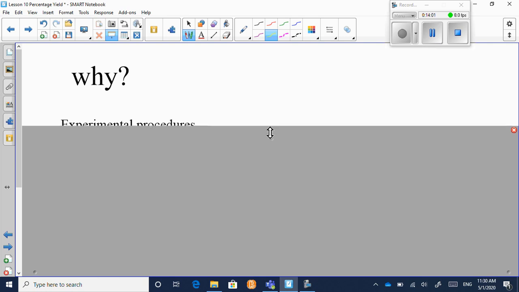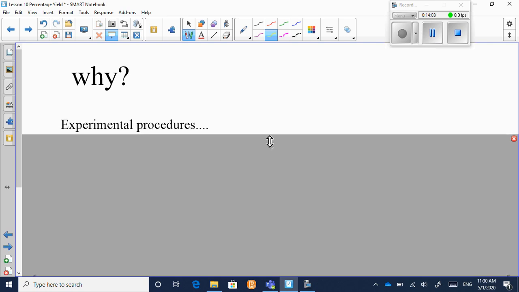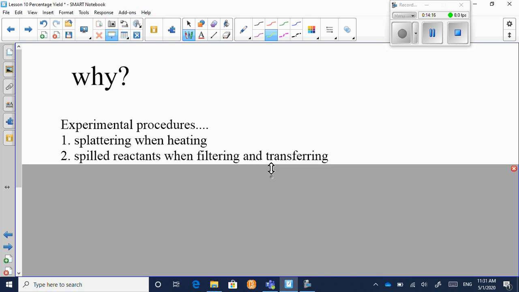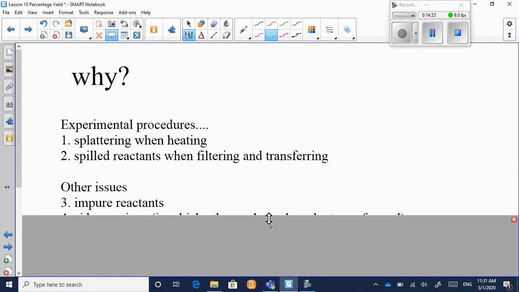Well, here we've broken it into 2. First of all, it may be an experimental procedure issue. So maybe some of the reactants were splattering as you were heating it, so you lost a little bit of the reactants. Maybe you spilled some of the reactants when you were filtering or transferring them. Okay. Other issues, maybe some of the reactants were impure. It said that they were, let's say a pure salt, pure NaCl, but there were some impurities in it,